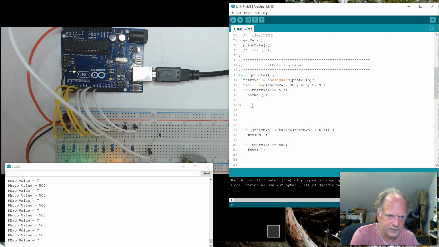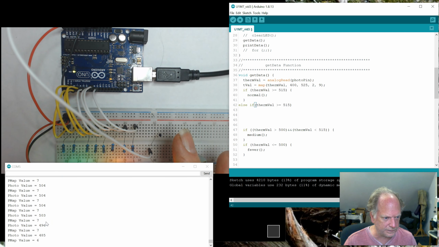Oh, I didn't do that right. No capital. Okay? Else if is going to be linked to this if statement. So what we want to do is check the next possible condition. All right, and we should look while this is running. So if 500 is room temperature, and actually let's go closer to like 490, because I don't want to have to wait for it to get all the way up to regular temperature. It's pretty hot up here. So let's make this one actually 490, adjusted for the heat of the day,